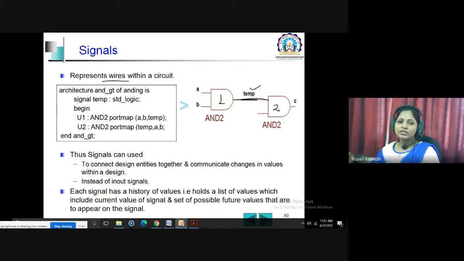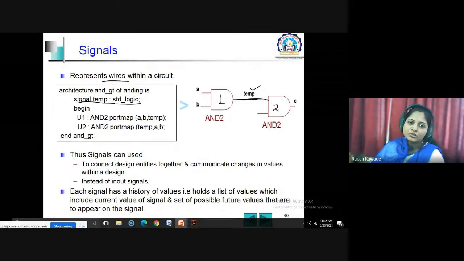So whatever name you are mentioning here, that temp, it is nothing but a signal. Okay, so signal temp you can mention here with a colon, right? And then you need to mention the data type. Here the data type I have mentioned is std_logic. This is one of the built-in data types, where it has 8 different values, in addition to 0 and 1. Forcing 0, forcing 1, weak 0, weak 1, unknown, high impedance state. So these are the different values we can have for that particular temp. This is the same way in which we declared the constant, but there is no need to initialize the values for signals.